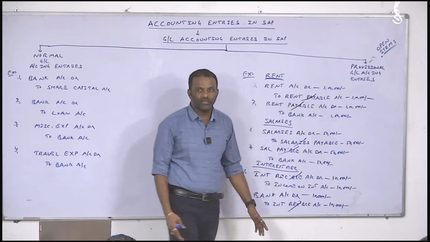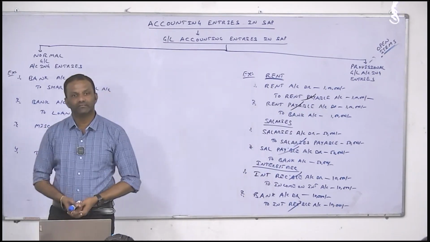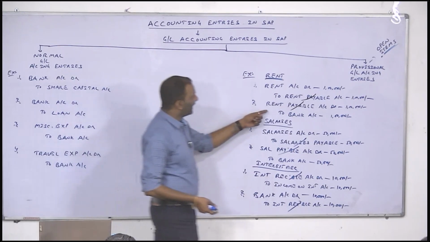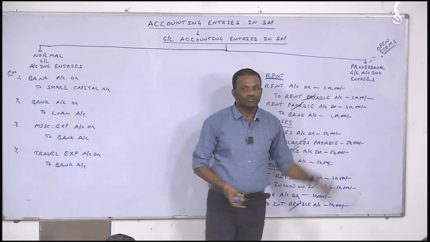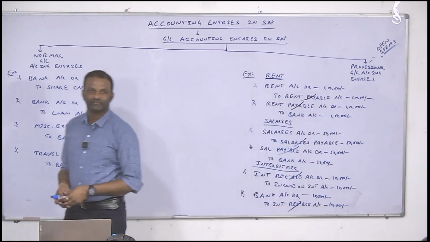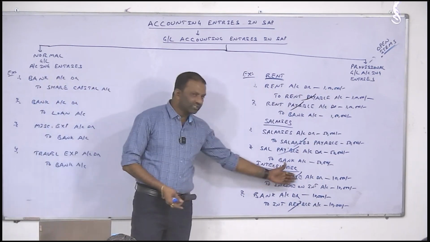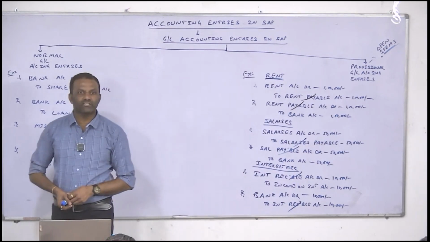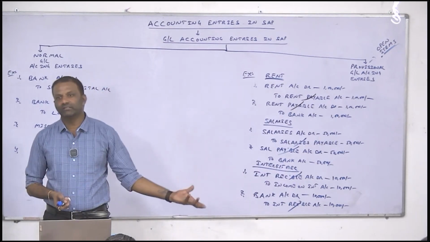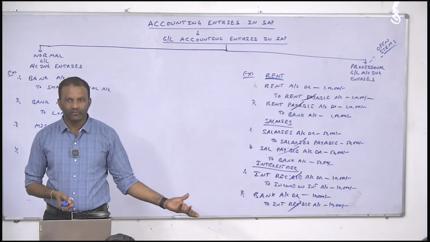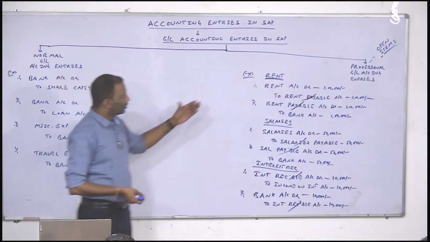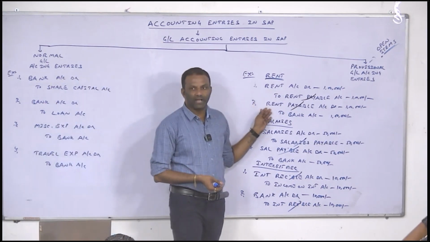Hope you got what? That means you have not paid rent. Till you pay rent, we treat this one as a liability in our books. Rent payable is a liability, right or wrong? In this case, interest receivable: until you receive that interest, you treat that as an asset. Everyone is clear, right? That is the reason the user should always knock off the balance.